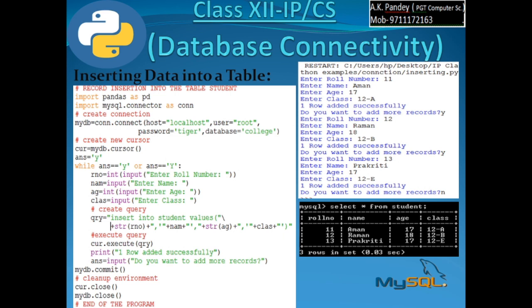Today we are going to see how we can display on the screen all the records that you have inserted into the table.